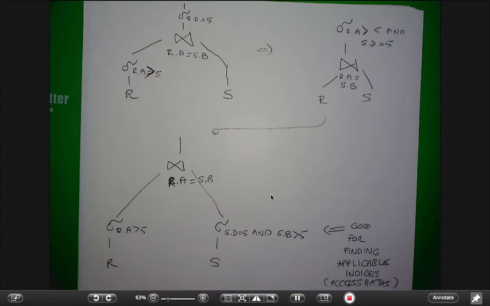Okay? Now the other thing that's very useful is that instead of reading all of R, I'm going to read R. As I read the tuples of R, I'm only going to find the tuples that satisfy this, and then only those tuples I'm going to do the join with. So that means the join is actually going to be smaller, so I'm going to produce a smaller join, and probably cheaper to compute because I may need to do fewer passes over this when I'm doing block nested loop